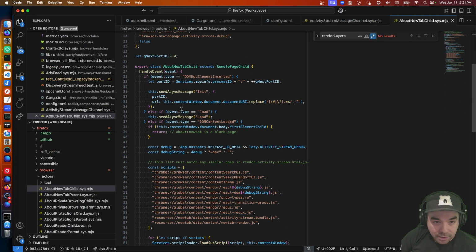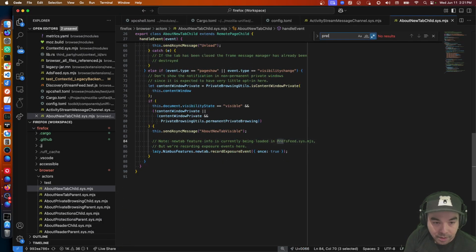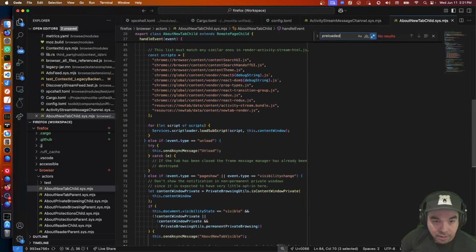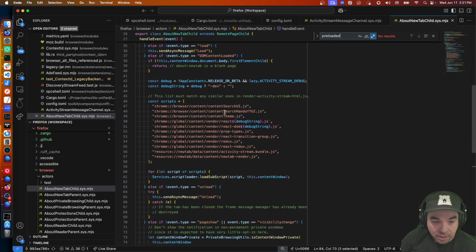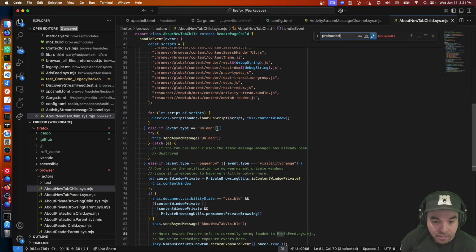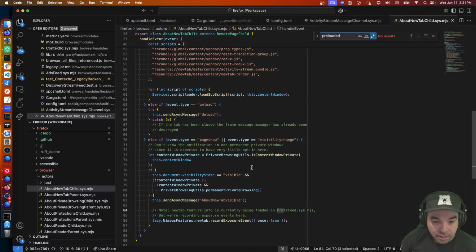Handle event init. Preloaded. Content loaded. Visible. Don't show notification on permanent browser.